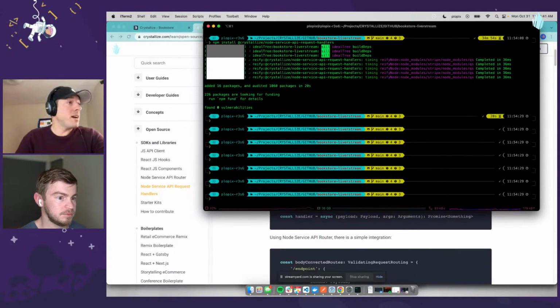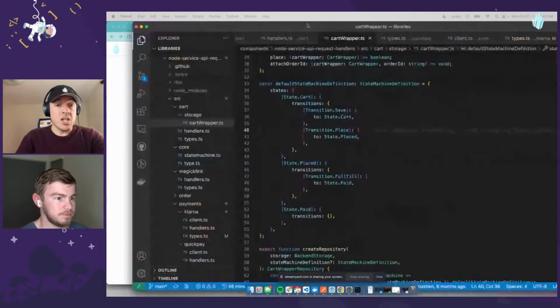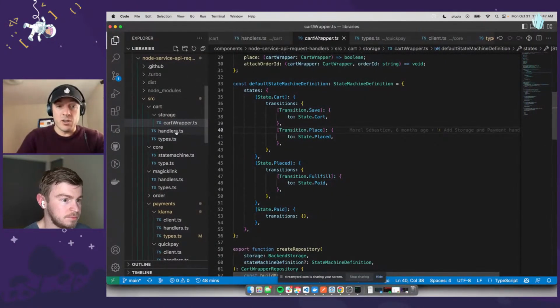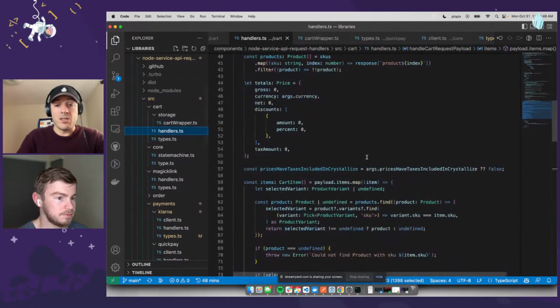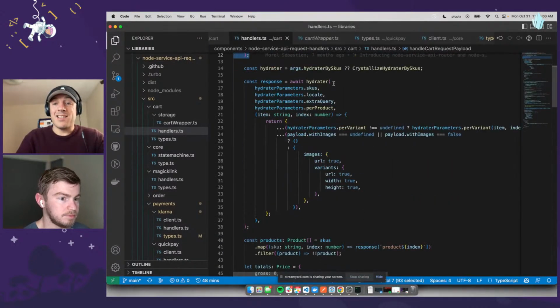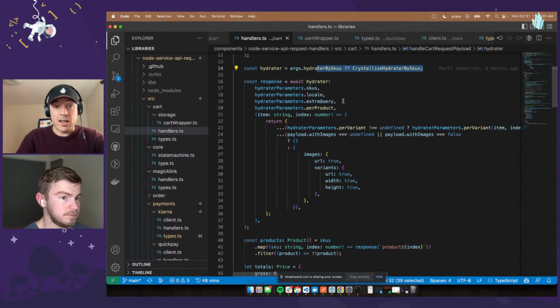Before using it, I'm going to show you what it does. So this is the project of the library itself. What we're going to use is the handlers, and the specific one, there is only one: the handle cart request. This handler is actually going to take the cart and is going to hydrate the cart,